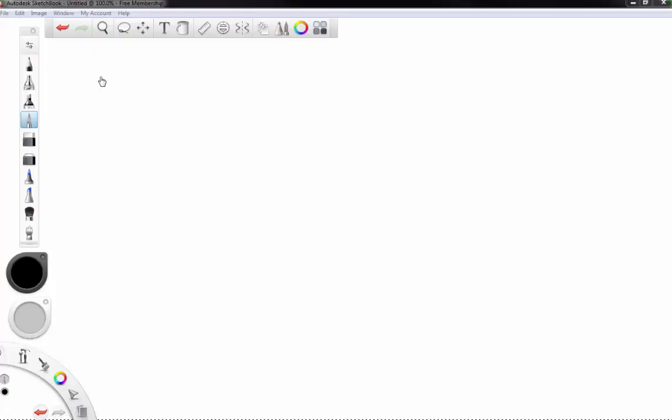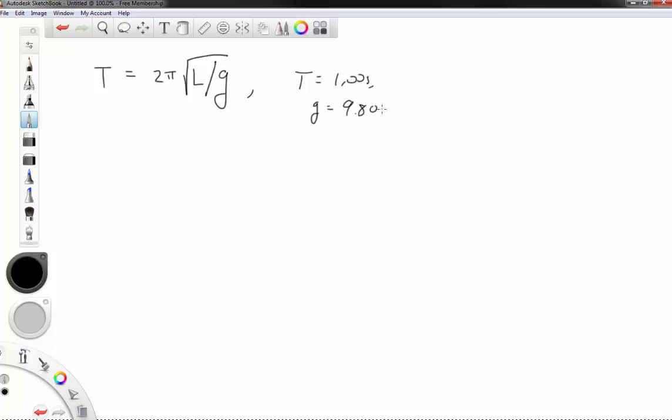All right, so again, the period in this case is 2 times pi times the square root of L over g. So we want the period to be 1 second per oscillation. So T is 1.00 seconds, g is 9.8 meters per second squared. We're solving for how long this should be. So length should be T squared g over 4 pi squared. So put all that in. You end up with just shy of a quarter, so this is 0.248